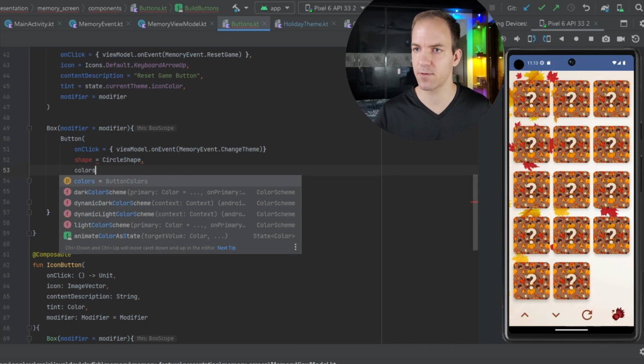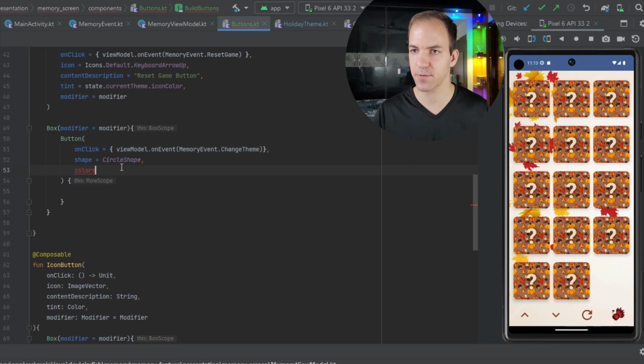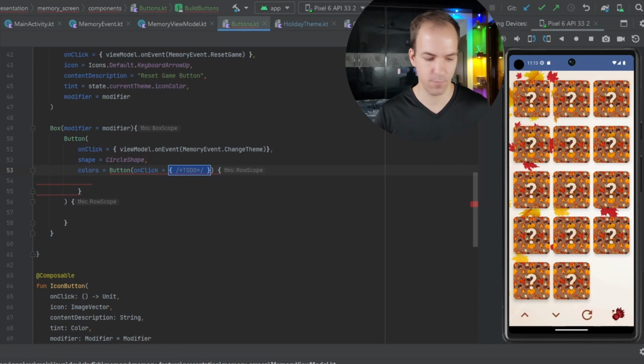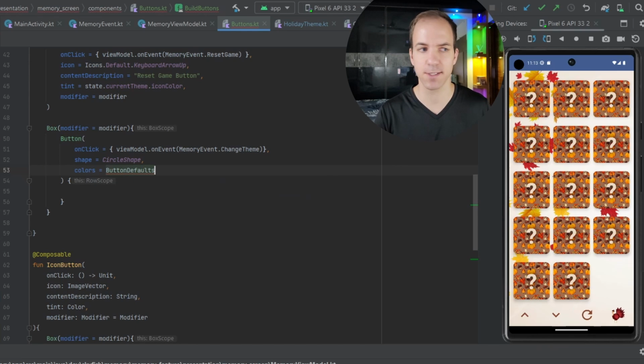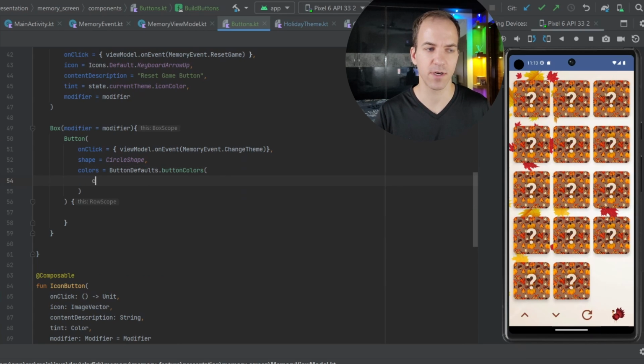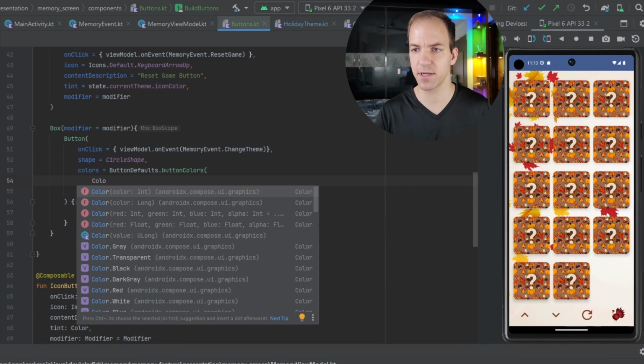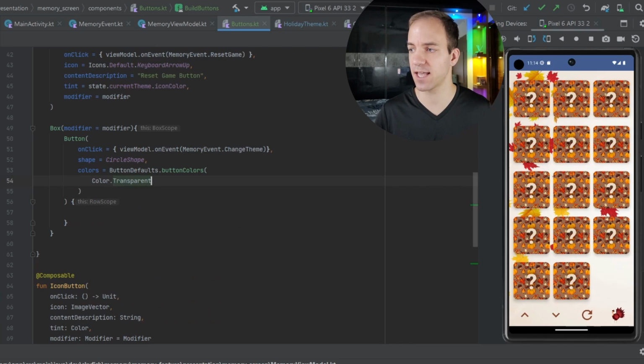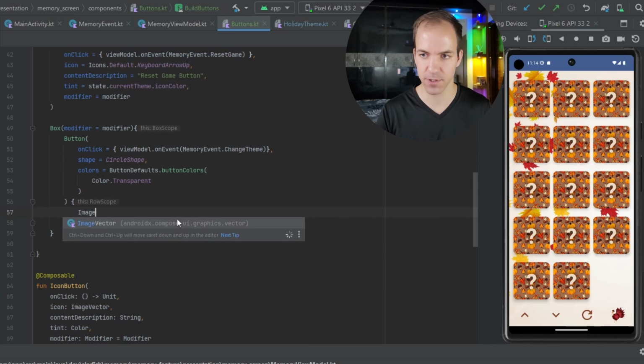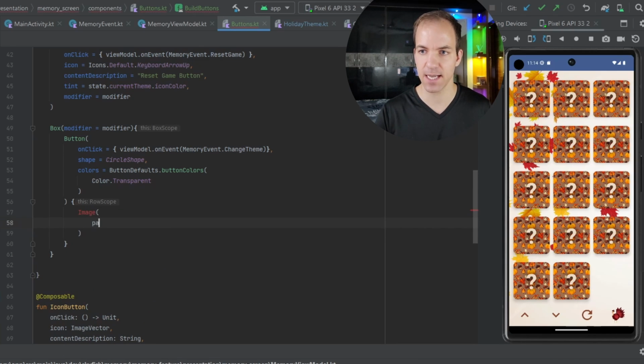Colors is going to be equal to, let's put a comma after that so we don't get errors. Colors is equal to button defaults, whoops, not that, button defaults dot button colors, and then inside of here we're going to do color transparent again, so that way we only actually get the image, but we still have all the button functionality on there, we just can't see it. And then inside of that button, we're just going to have an image, and inside of there we're going to do painter resource, or rather we're going to do